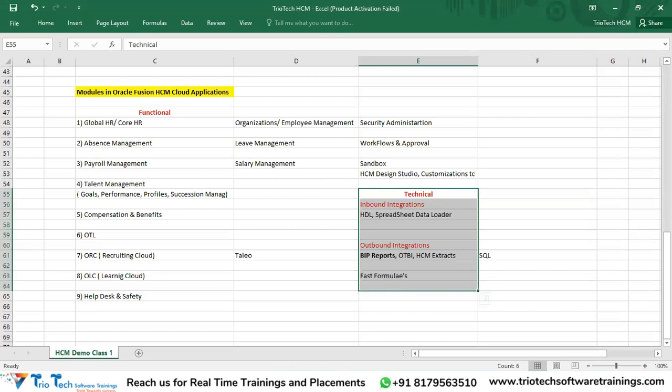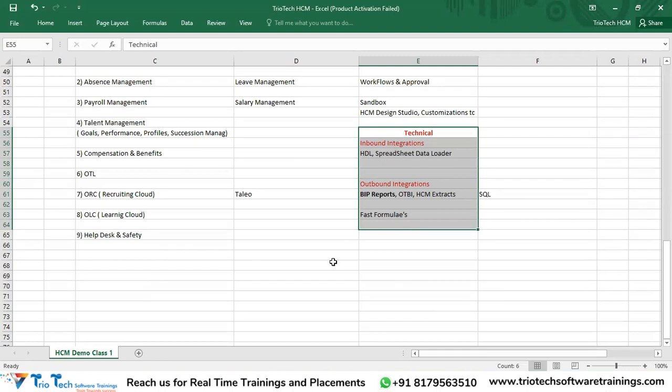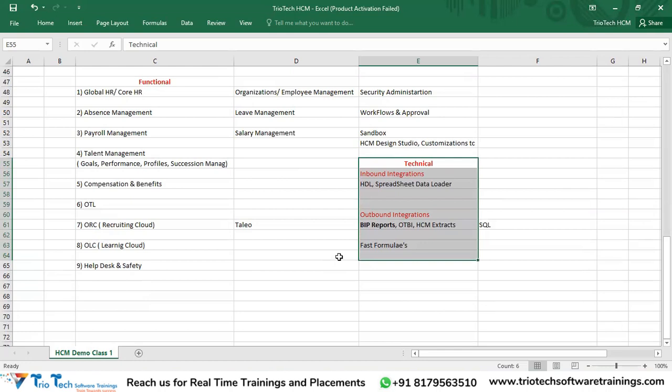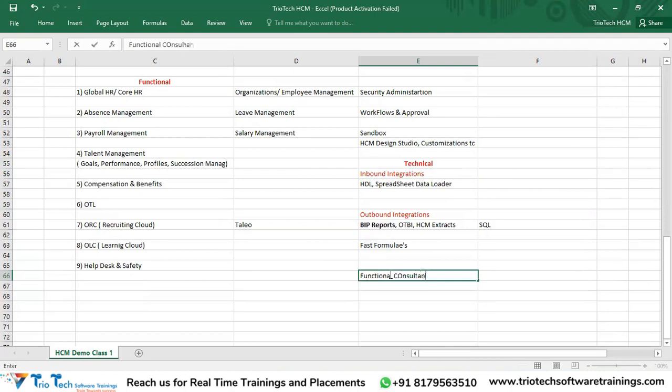Kumar, which will be the better option for us? Whether we have to go as a functional consultant or as a technical consultant. See, the market is very clear, team, till today, and even in the future, even in the past also. Companies recruit functional consultants separately, technical consultants separately, and companies will also look for a combination of